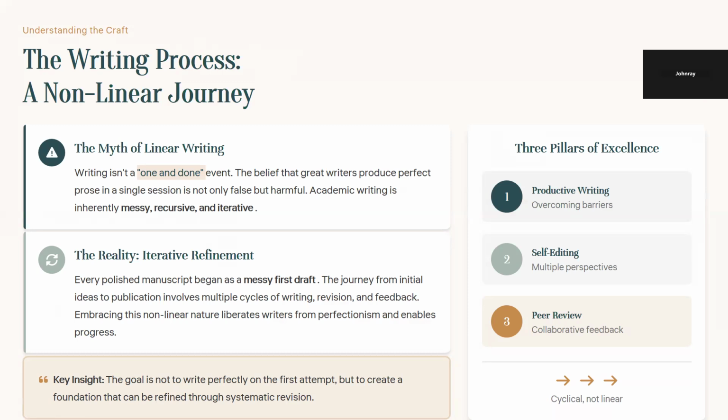The reality about it is that every time you write your first draft, it will be a mess. And when it is a mess, it doesn't mean that you have come to the end of it. Sometimes these things make us become fatigued and we get fed up and we say,